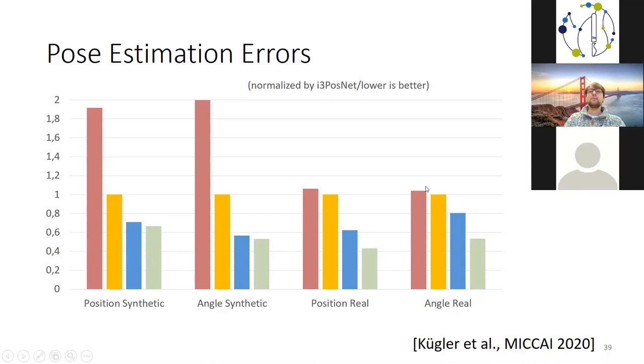We've normalized these bars because they're all on different scales; we've normalized them with respect to the I3 postnet results. We can see that in the position and in the synthetic benchmark, DARTS was significantly worse than the I3 postnet architecture. But the architectures that we found are a significant improvement over the I3 postnet,